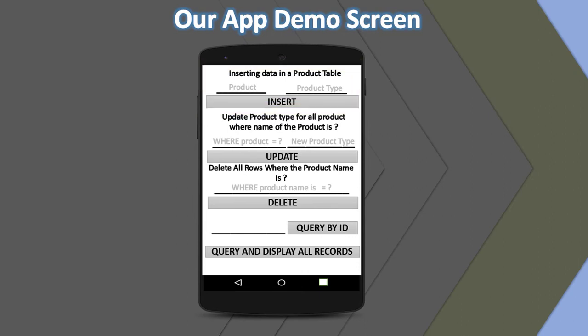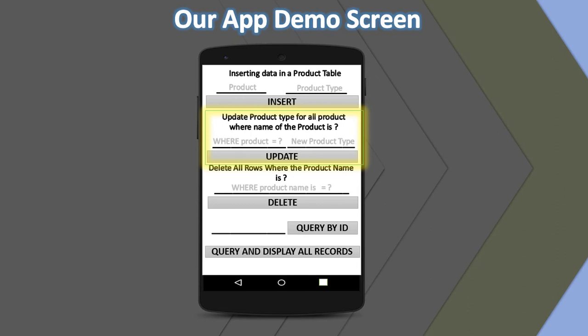The second part is the update operation. We use the update operation when we make some wrong entries into the database table and we want to change them. For that we have implemented this update operation that updates the product on the basis of the type. You can see the heading is written: update product type for all products where name of the product is.